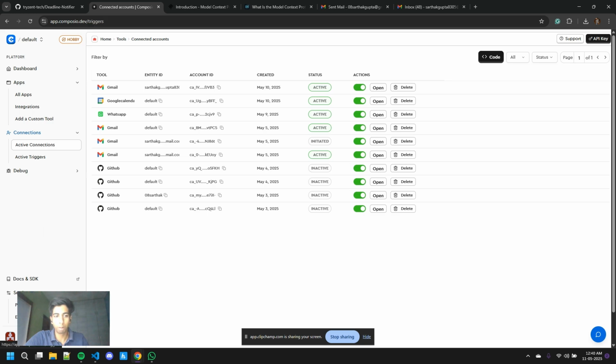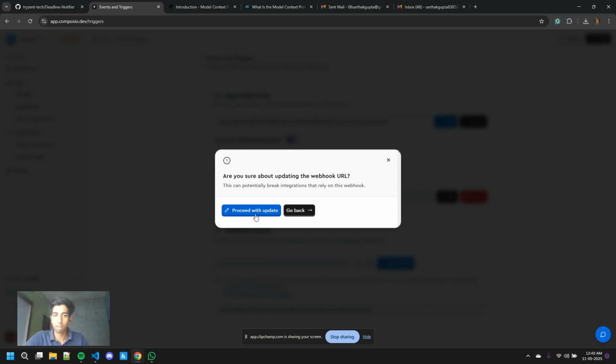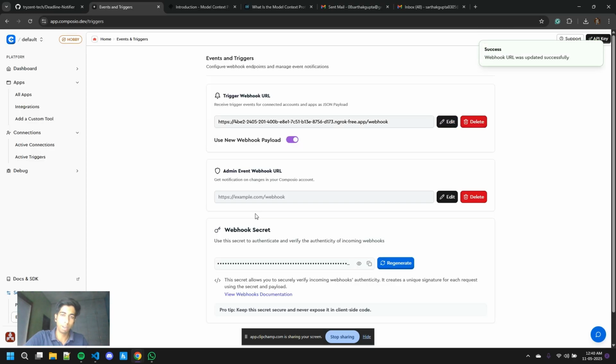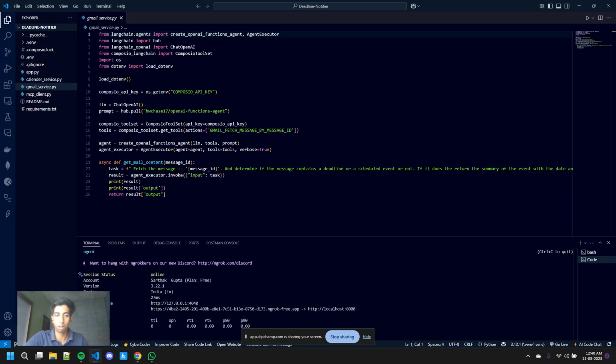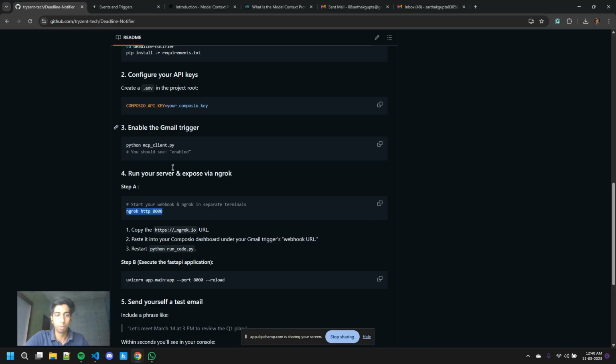Go to the composio dashboard, go to events and triggers and settings. We'll go to this edit and we will replace the part before slash webhook with this. So now our Gmail integration and the local code base are on the same URL, same server. So now whenever our trigger gets set off, we can see it in the code. So next step is to go